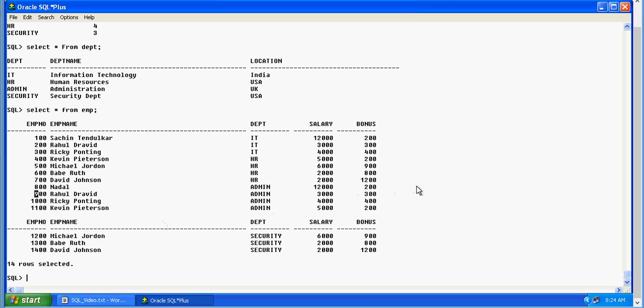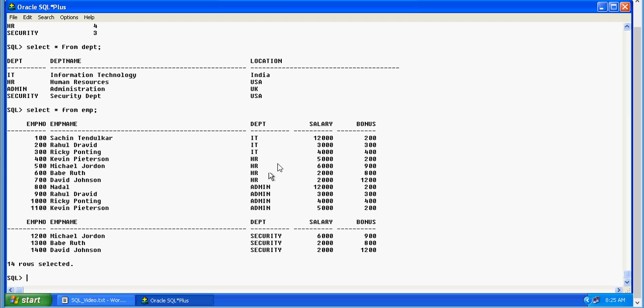Looking at department, the department itself is the primary key of this table. But if you look at it, the same department column when appearing in employee table repeats itself. So it's repeating.